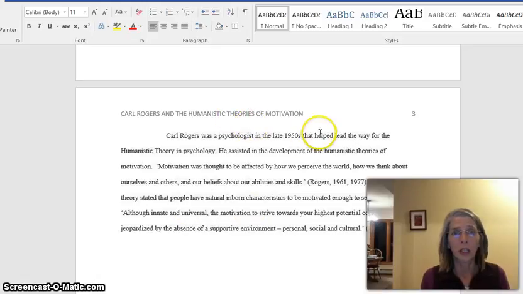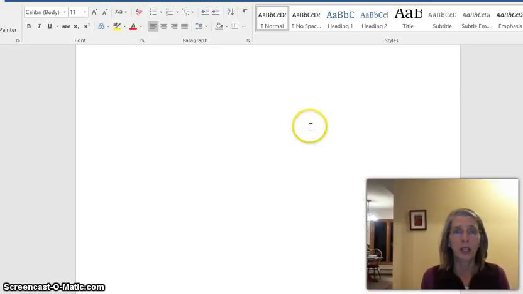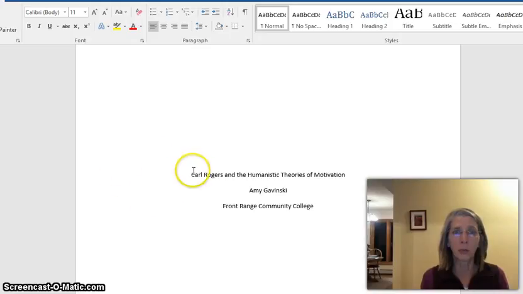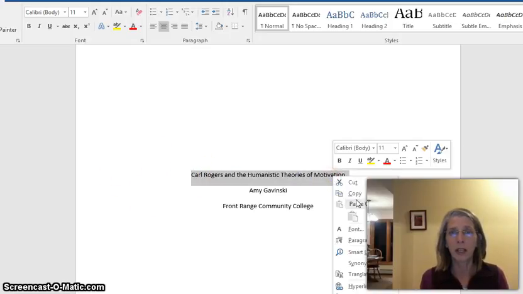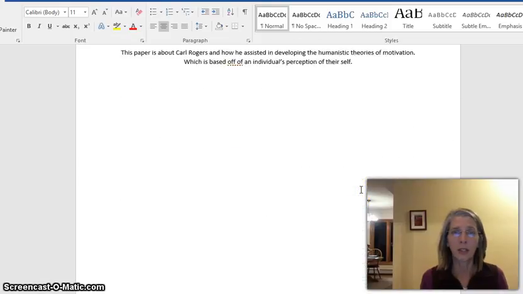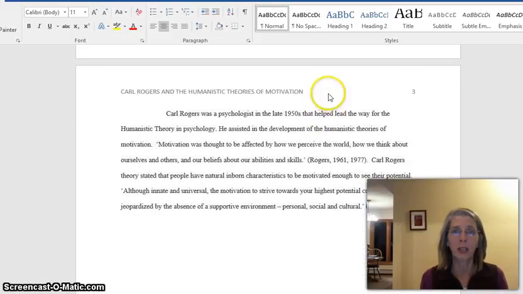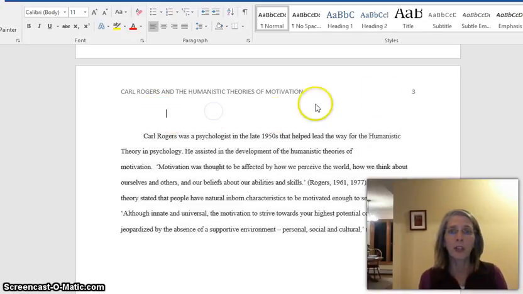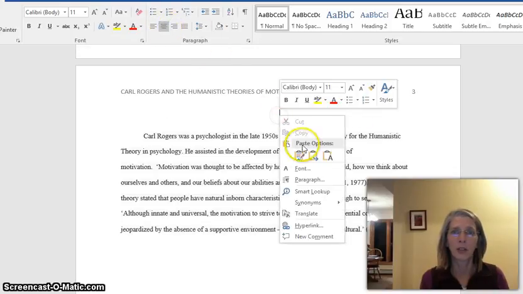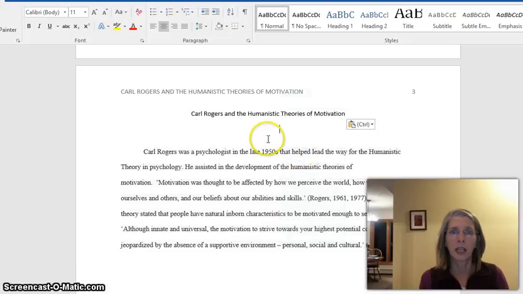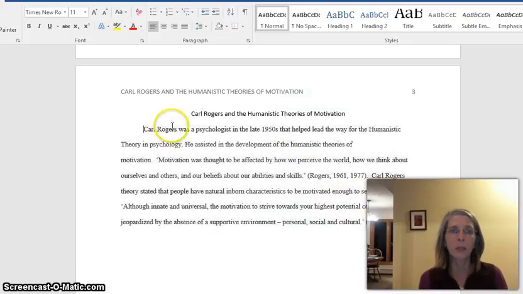to be page 2. Now, one thing I will tell you though is we're going to be repeating this title, so I'm just going to copy and then paste it in the spot where it's going to be repeated. It will be repeated here at the top of what's going to become page 2, centered. Just going to drop it in there for you. And then we'll get rid of this quadruple spacing. Everything for APA style needs to be